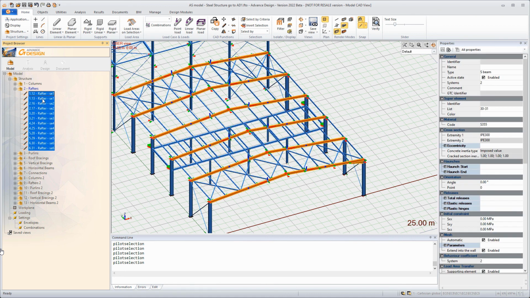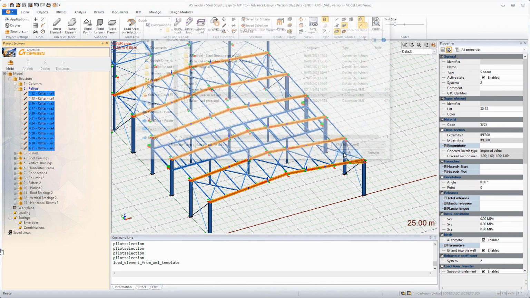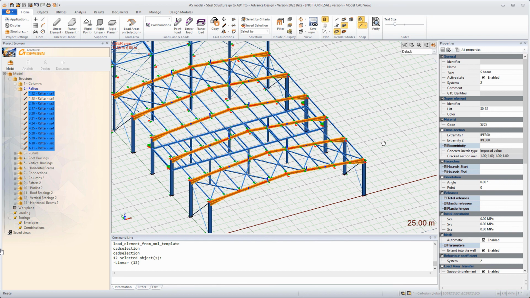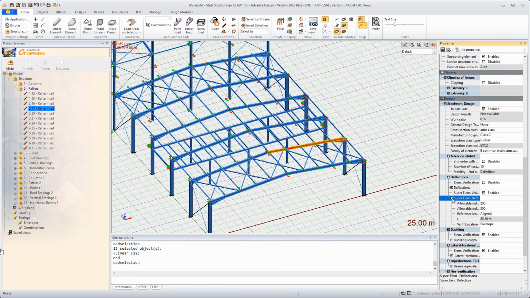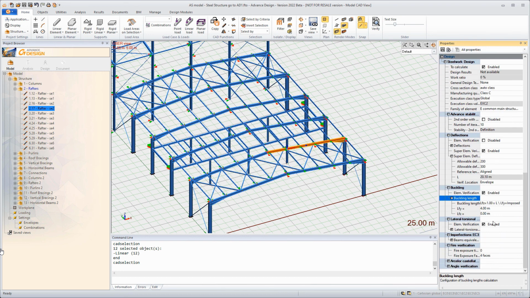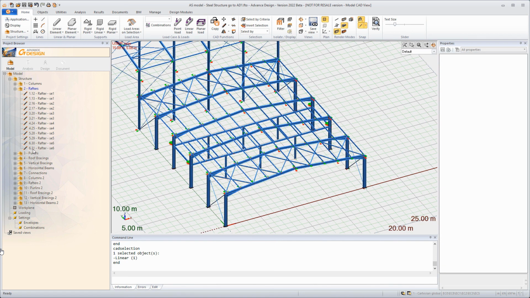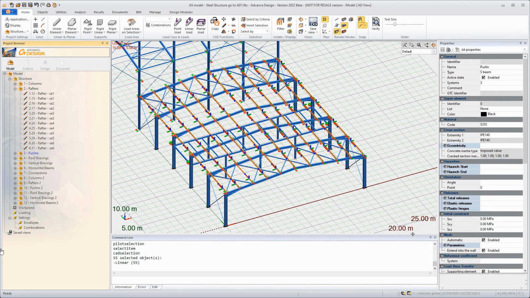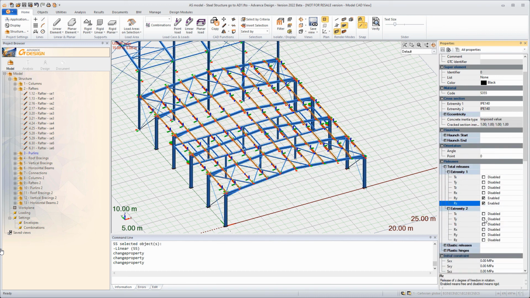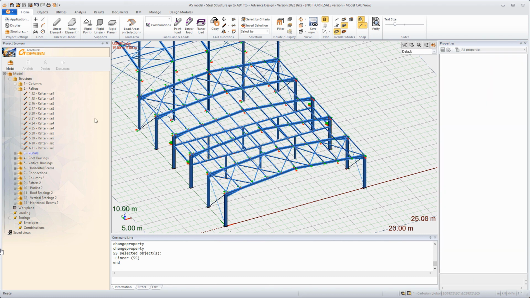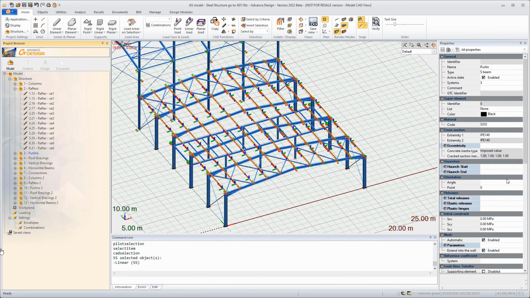Regarding the rafter here, we can load property templates through XML files, and for the purlin it will be the same process. So here, as you can see, all properties were correctly transferred to other objects thanks to this design template command. And for the purlin, we will apply and run the same process, meaning that it's possible here to define the property templates, such as some design properties.